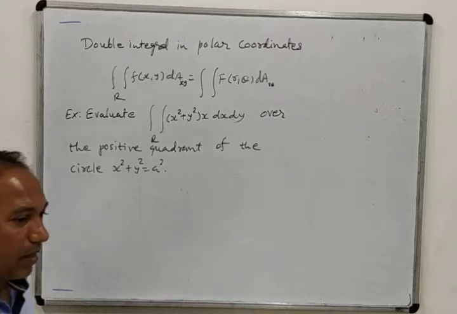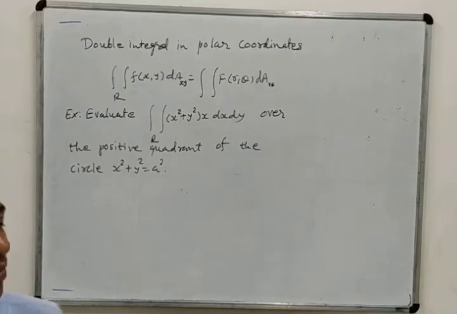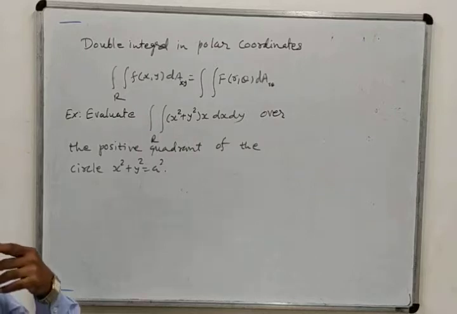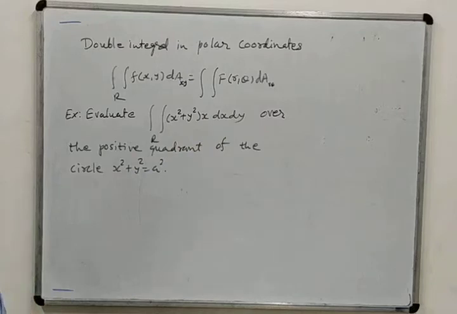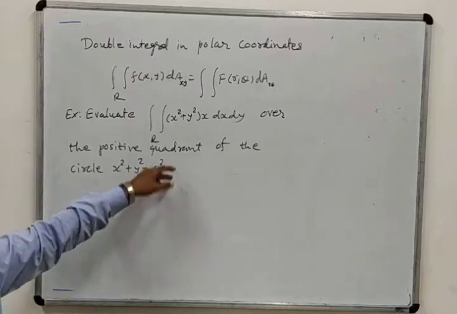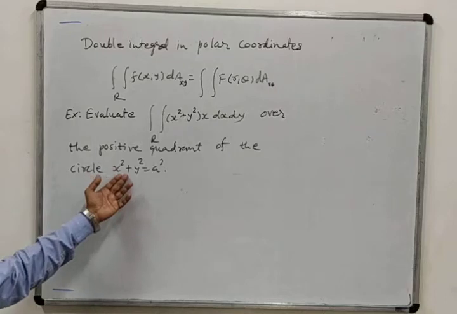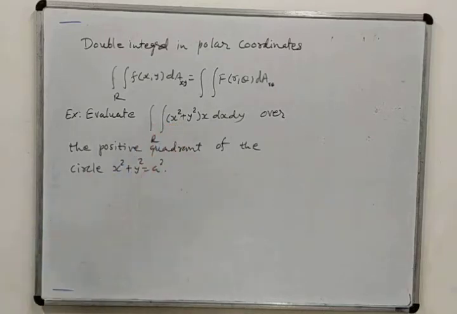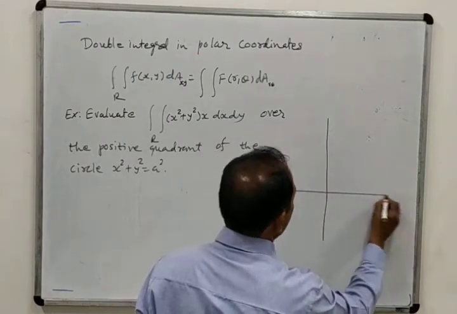And one more thing: if it is asked in the problem itself to solve by using polar coordinates, then whatever the region and the function are, you must apply the polar coordinate system. Here nothing is asked, so it depends upon us whether we solve it in its original form or convert it into polar form. But here the region is a circle, and x square plus y square is given, so the problem will become easier, and you will understand this from the solution process.